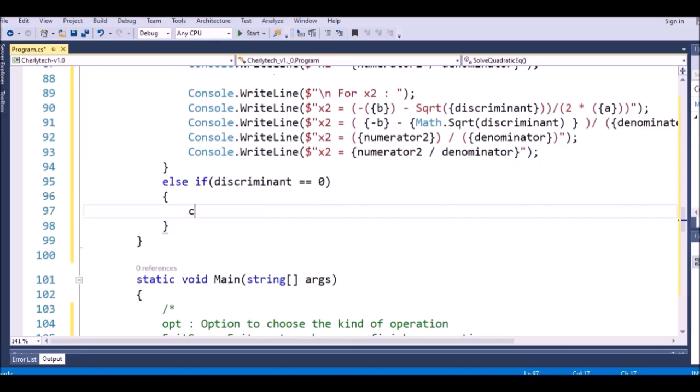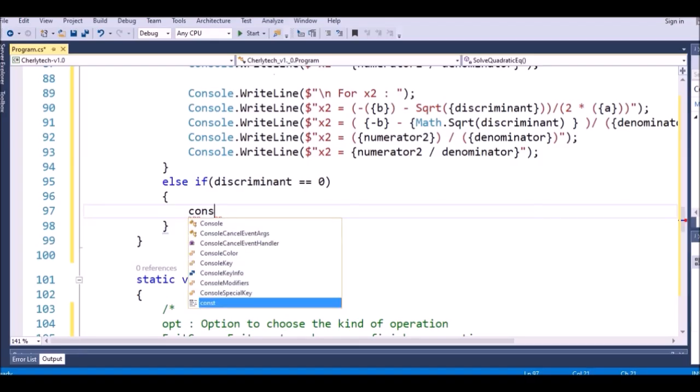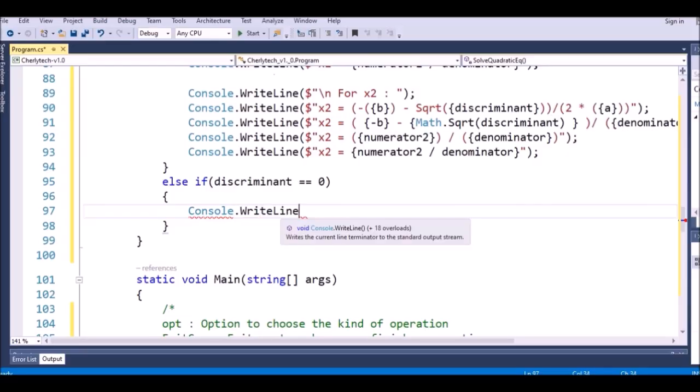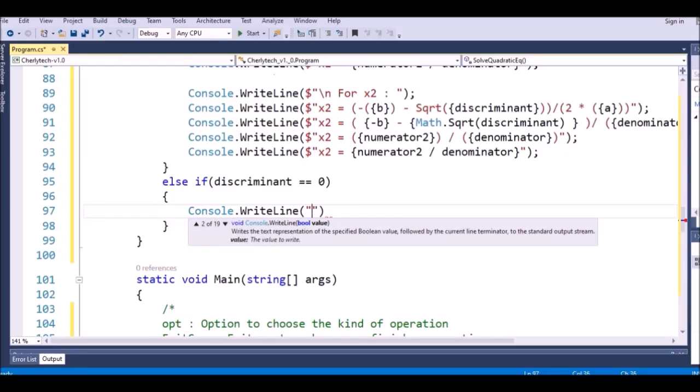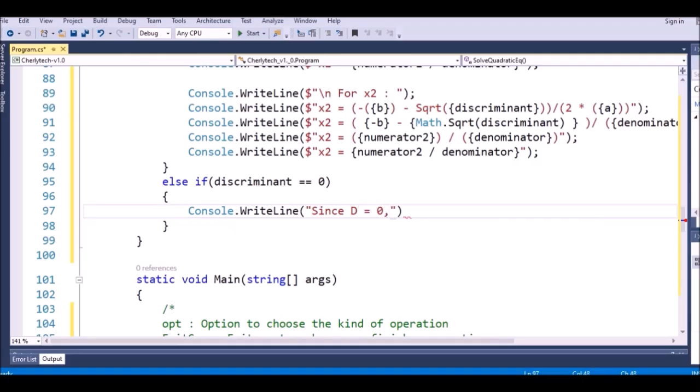So I say console.write this one. I say D equal 0. There is one root. There is one root like this,